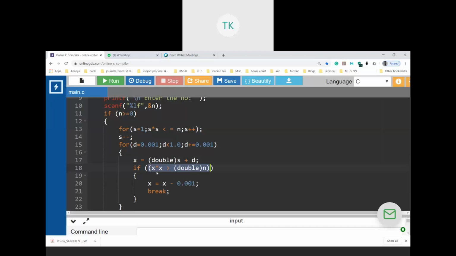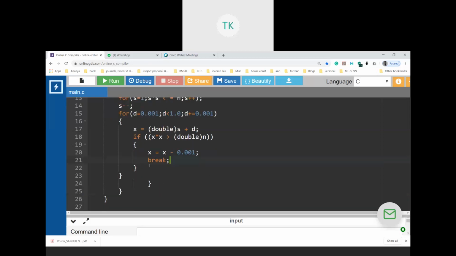So when it exceeds, that is once it reaches 29, automatically this condition evaluates to true and it will reduce the x value by 0.001. So it falls to a very small value lesser than 29, which means that we have reached the actual value, the square root of 29. That is what it means.